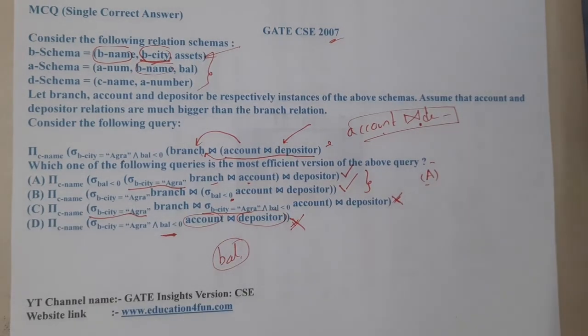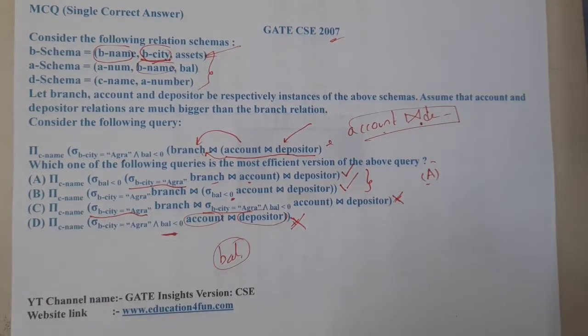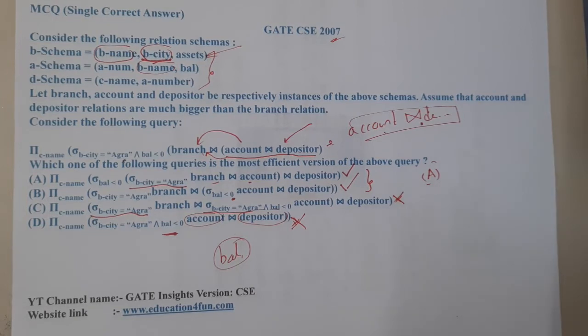If we take a small example, it will make more sense, but I need to pick a smart example, because it should follow my required criteria. When I perform Cartesian product between these two, I should get very few entries with respect to Agra, and then when we compare that with the depositor, we will get fewer entries. So most probably A will be the correct answer. If I find a proper example, I'll link it in the description.